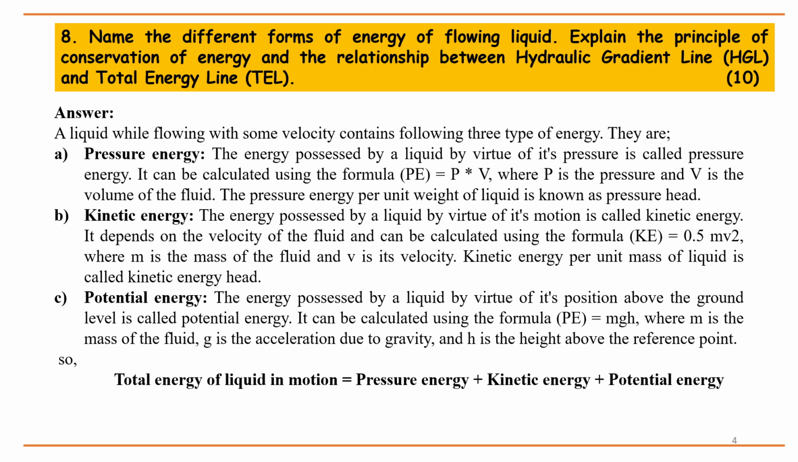It can be calculated using the formula PE = P × V, where P is the pressure and V is the volume of the fluid. The pressure energy per unit weight of liquid is known as pressure head. Kinetic energy. The energy possessed by a liquid by virtue of its motion is called kinetic energy. It depends on the velocity of the fluid and can be calculated using the formula KE = 0.5 mv², where m is the mass of the fluid and v is its velocity. Kinetic energy per unit mass of liquid is called